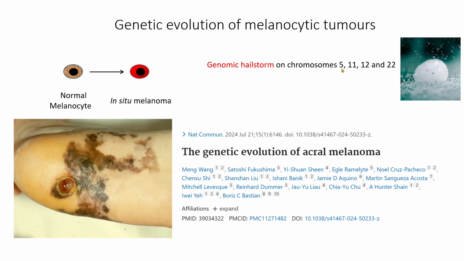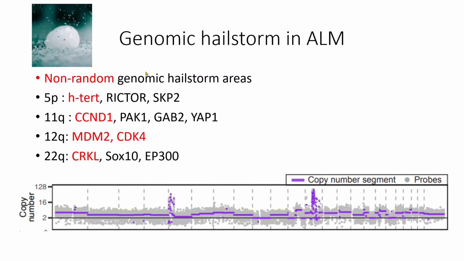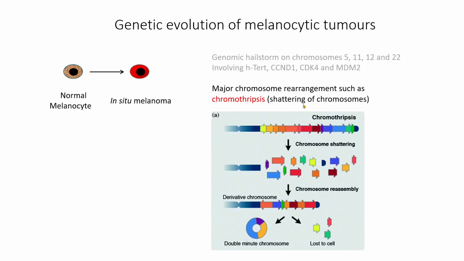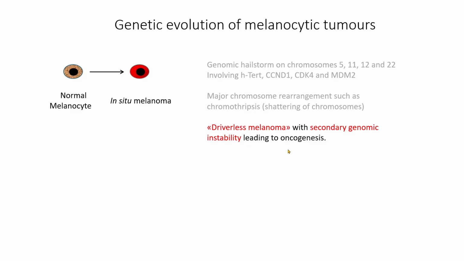And it shows that on 4 different chromosomes, 5, 11, 12, and 22, there are specific areas that can be amplified in some of these cases. And this is probably the initial event inside these tumors. This can lead to some instability and have some appearance of secondary genomic drivers that appear with oncogenesis in the